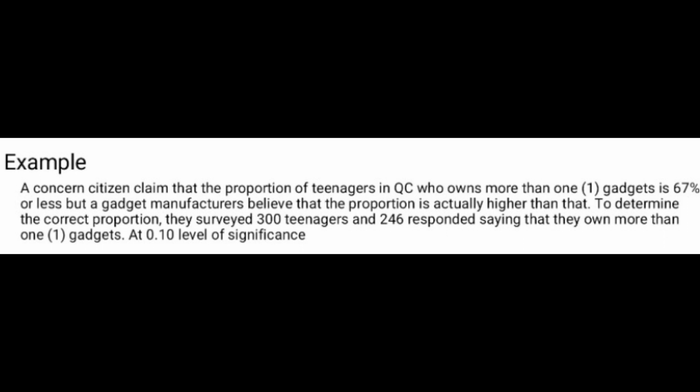But the gadget manufacturers believe that the proportion is actually higher than that. To determine the correct proportion, they surveyed 300 teenagers and 246 responded, saying that they own more than one gadget at 0.10